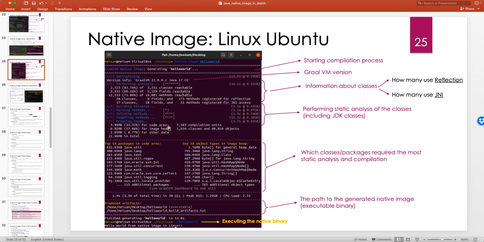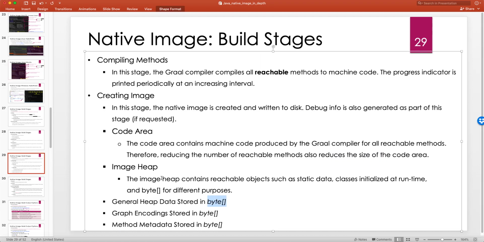But here we're doing a static compilation, so if you allocate a byte array for the Java heap, this array doesn't dynamically get optimized, right? When you create your native binary and run it, this byte array might get fragmented because there is no GC. So what happens here is that behind the scenes, the static compiler actually runs through your Java application, and